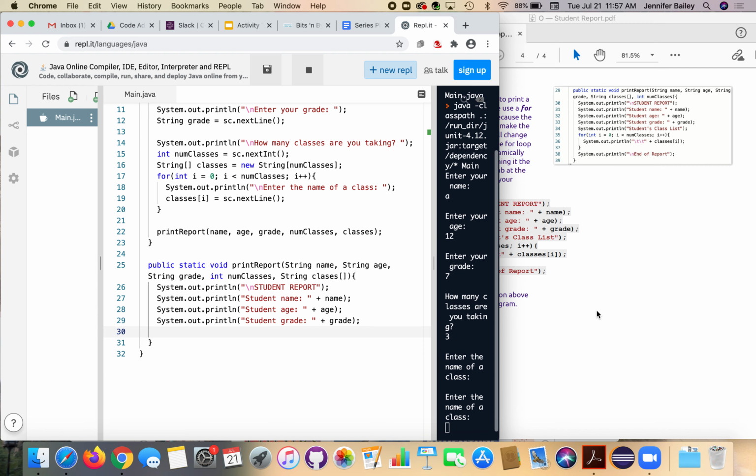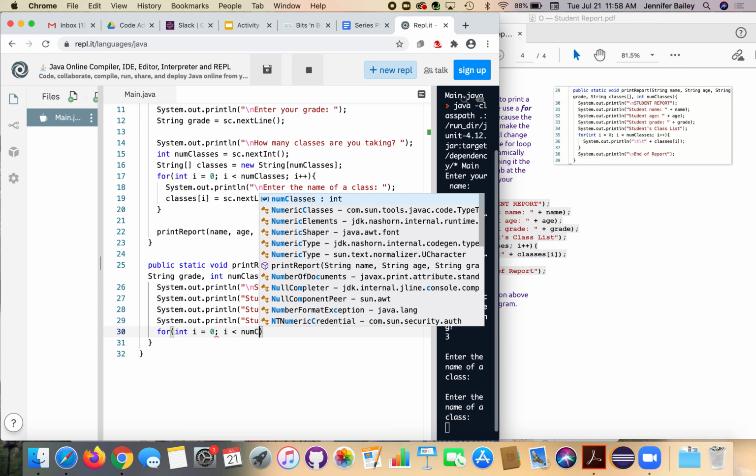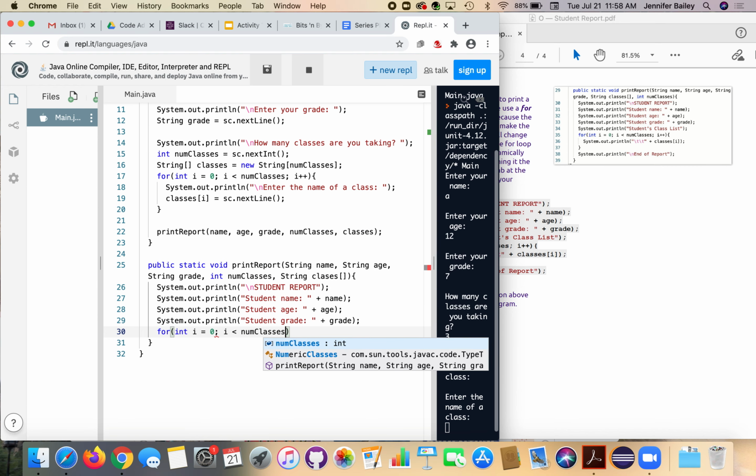And then just like before, we're going to use a for loop to iterate through the array, because we won't know how many classes we have each time we run it. So the for loop is the best way to handle the user-defined array size. We don't even have to worry about it. It will just accept variables. So as long as i is less than num, which is why we pass numClasses, because we want it to print all of the classes. So we're going to do that. And then